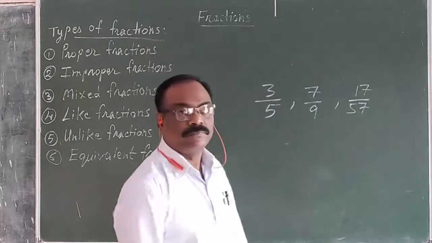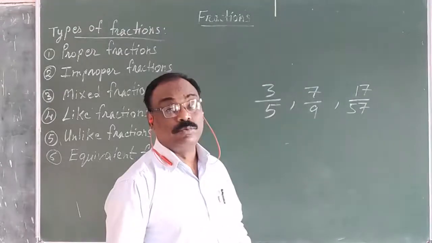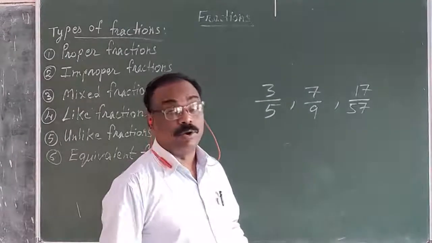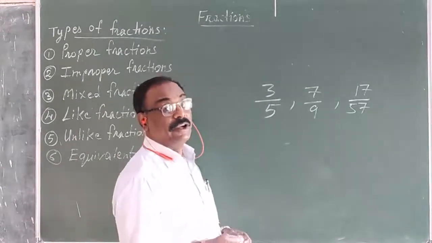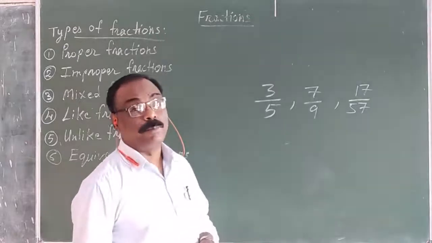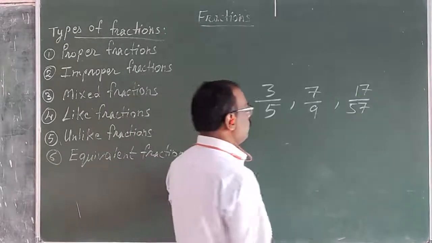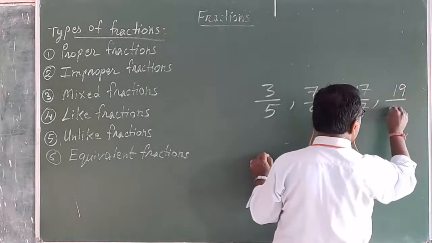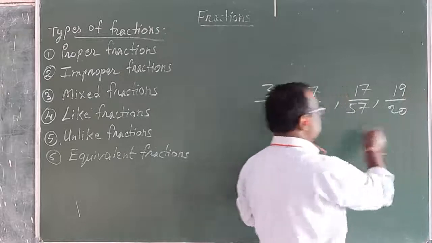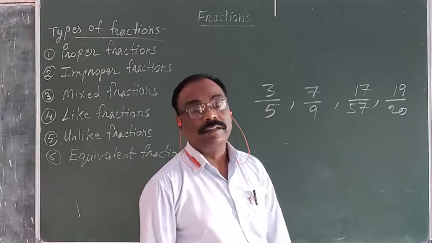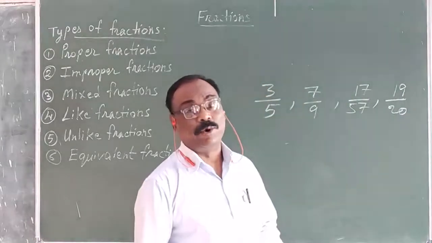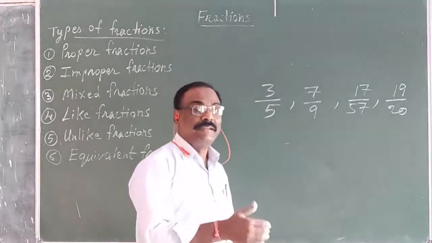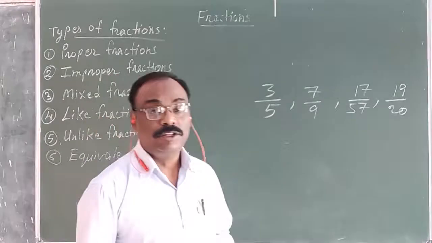The marks that you get in an exam are also proper fractions. If you have not got 20 out of 20 or 80 out of 80, then it is a proper fraction. Like somebody just now, an exam was conducted, and somebody got 19 out of 20. You can see 19 is less, 20 is more. So we will say that it is a proper fraction. So in a proper fraction, you should remember the numerator is less than the denominator.